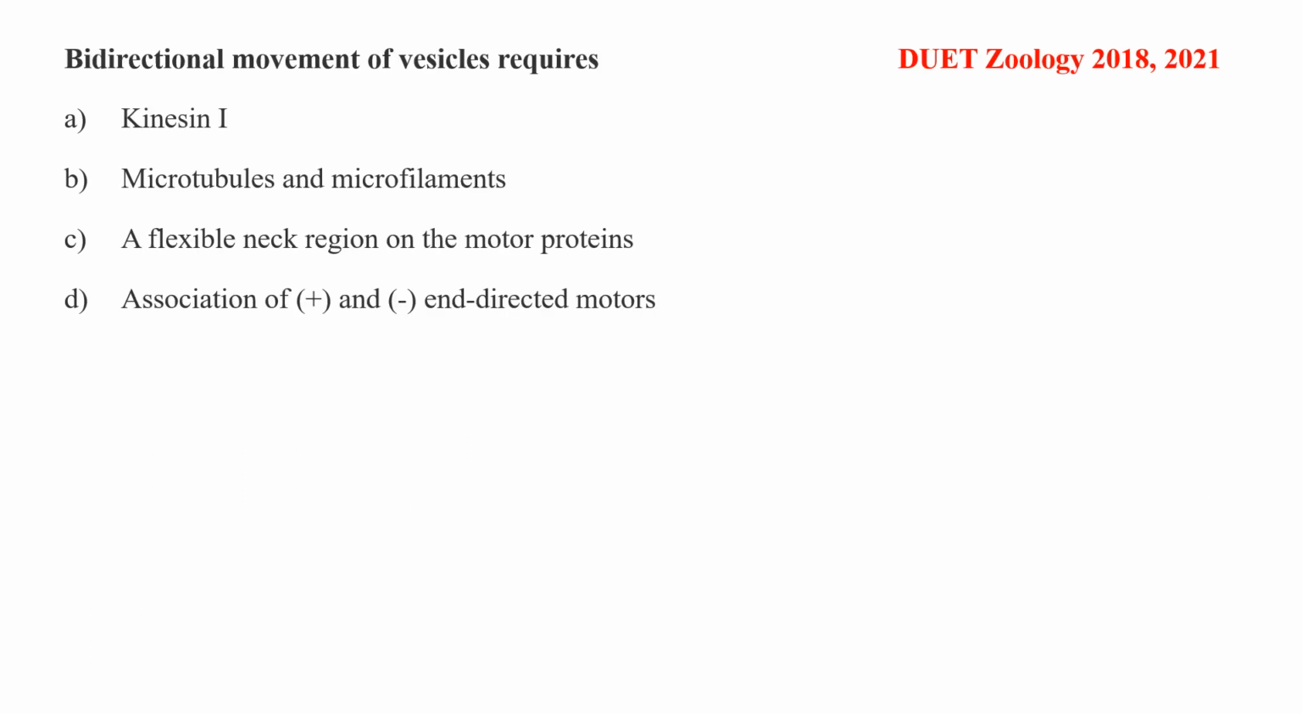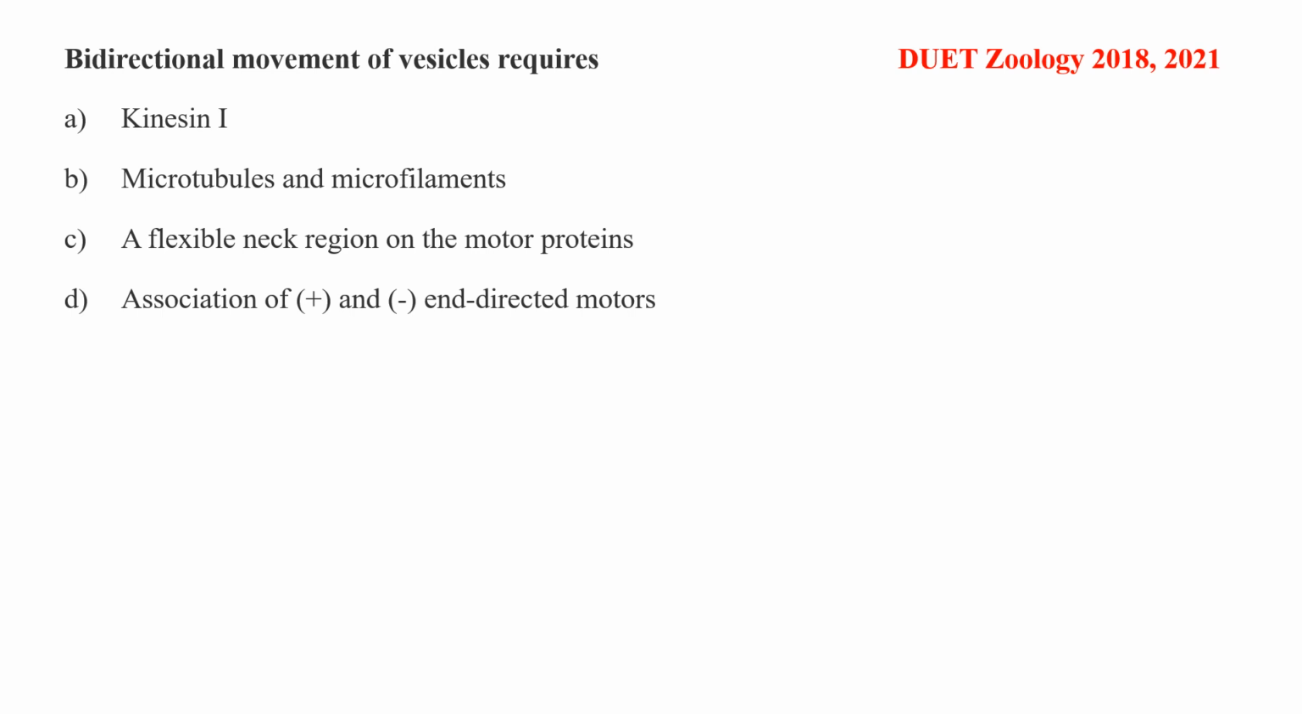Bidirectional movement of vesicles requires kinesin 1, microtubules and microfilaments, a flexible neck region on the motor proteins, or association of plus and minus end directed motors. Basically, as we know, microtubules are polarized, that means they have plus and minus ends, and that is where specifically molecular motors like dynein, which is a negatively directed motor, and kinesin, which is a positively directed motor, both work collectively in tandem to drive the bidirectional vesicle transport,